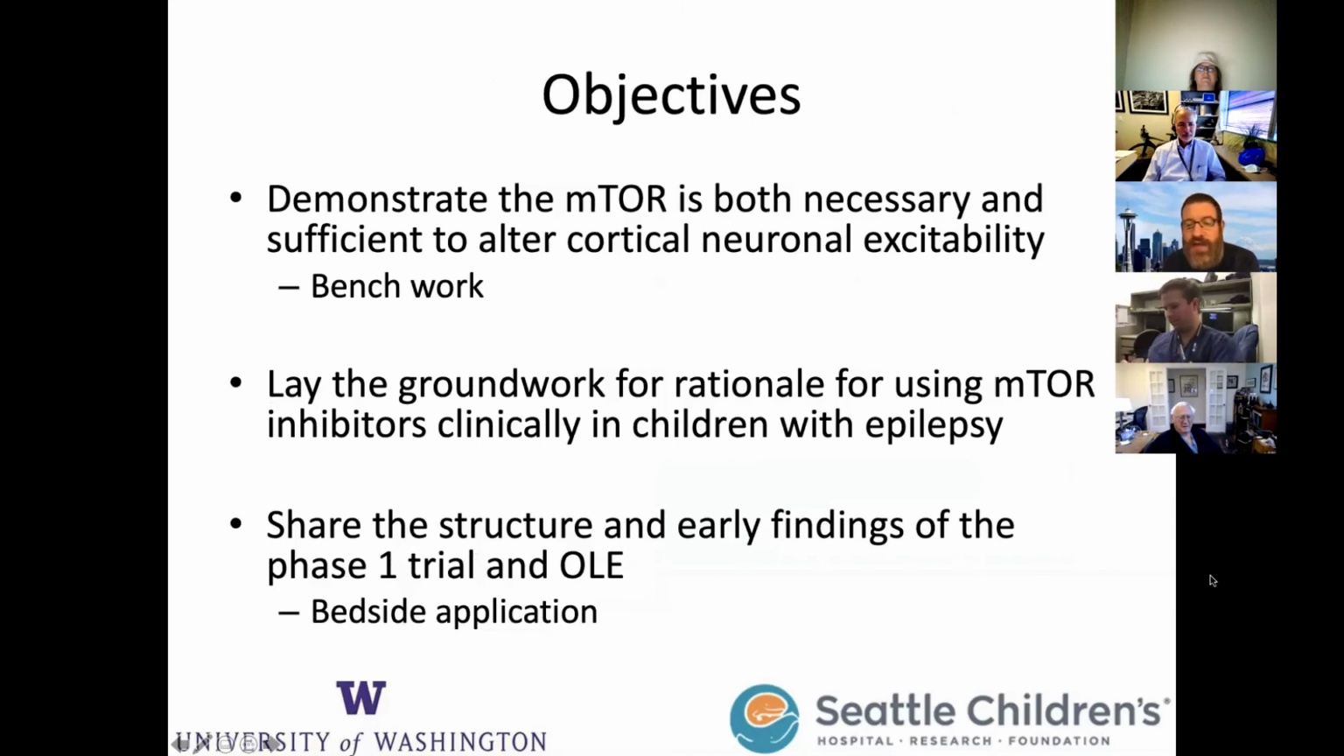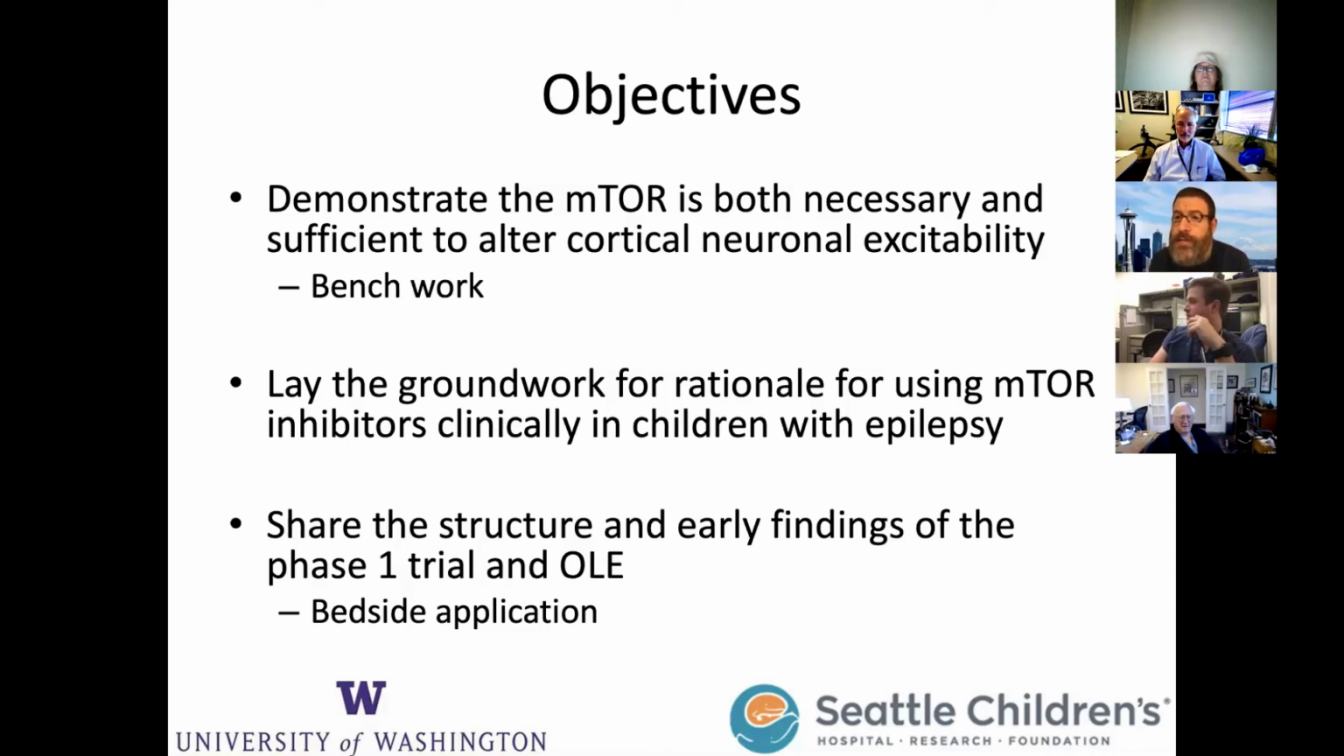So my hope today is to demonstrate three things. The first thing is going to be a very basic science share, in which I hope to demonstrate that mTOR is both necessary and sufficient to alter cortical neuronal excitability, the way pyramidal neurons communicate with other pyramidal neurons. And that's really fundamental bench work that I did during my PhD. I hope to use that work to demonstrate to you that there's sufficient groundwork for using an mTOR inhibitor clinically